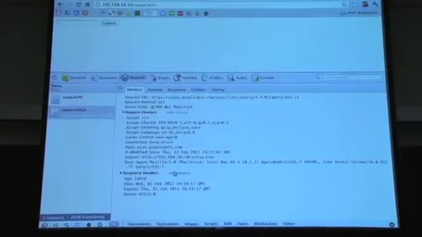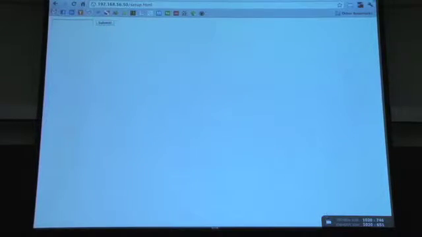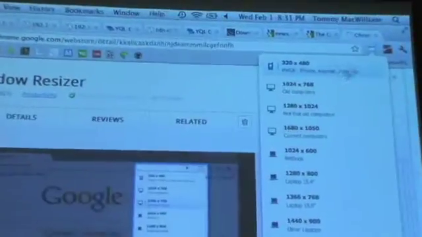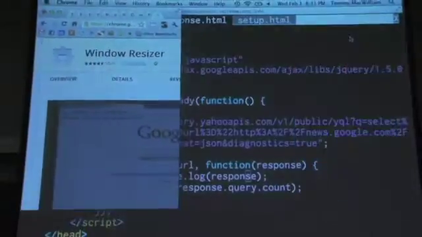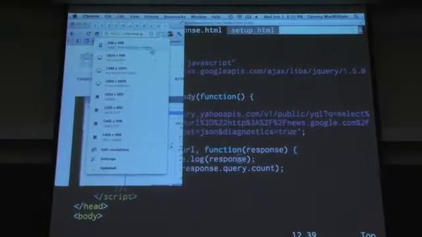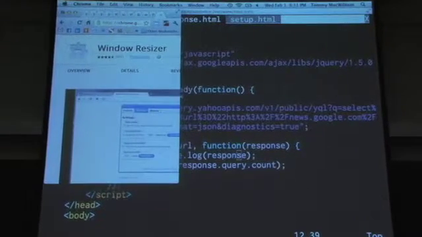But this is really about how it's going to look on Chrome, that particular page, that particular application. So I actually have this cool extension here called Window Resizer. If you just Google Chrome Window Resizer, that's the first hit. So this will put a little icon here, and if you click it, you can just snap to something like an iPhone, Android, or Palm Pre. If I click that, it's going to snap to those dimensions,